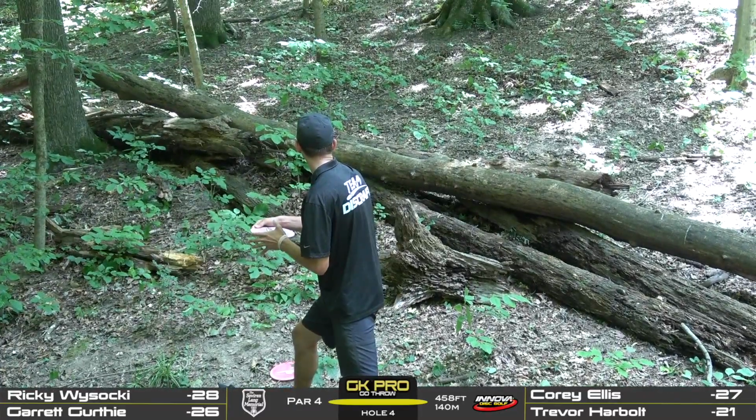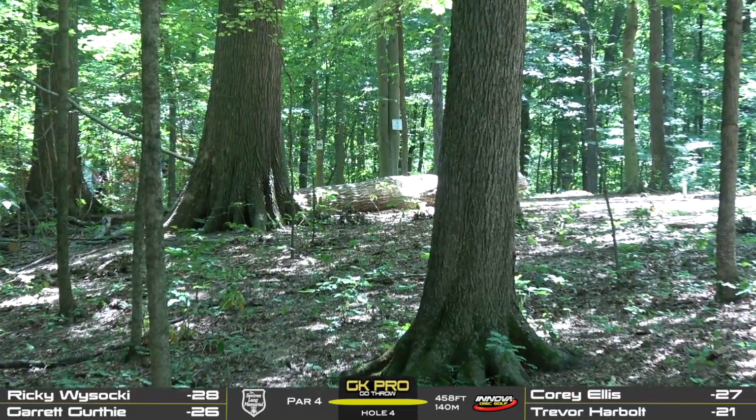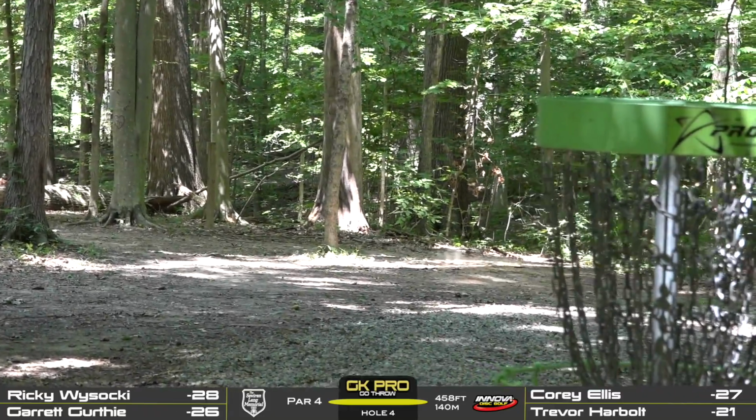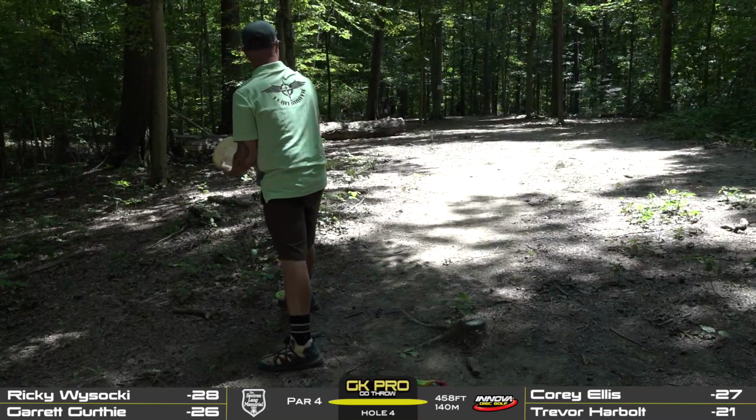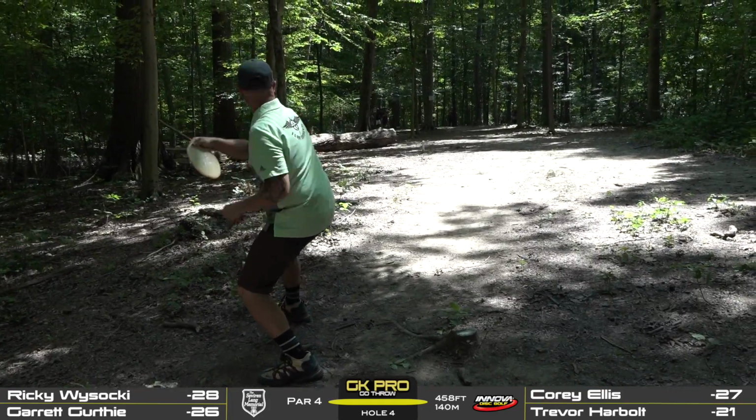Corey from a little low left. Oh, it's a tough angle from there. Man, he hit the tight gap off the tee, caught a tree late. That was a great shot from him. But he's got a look up there, so...